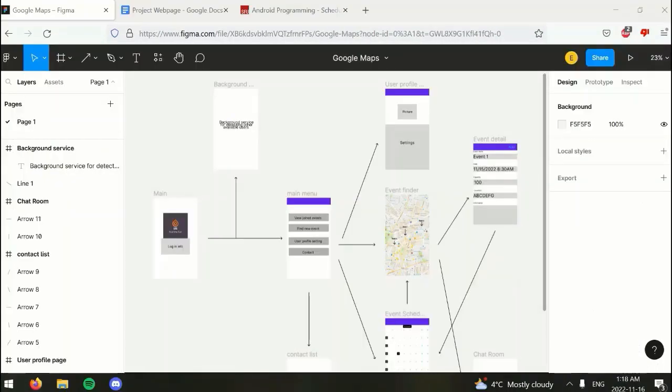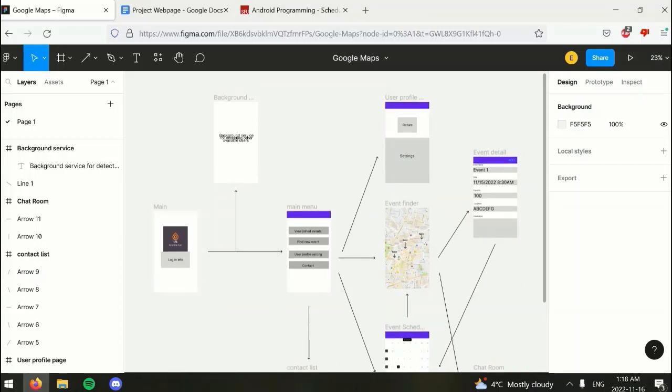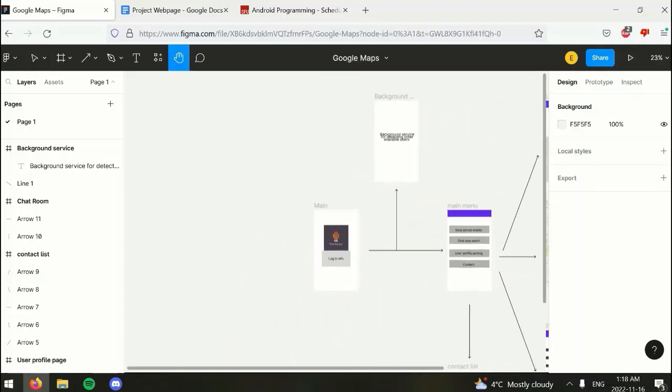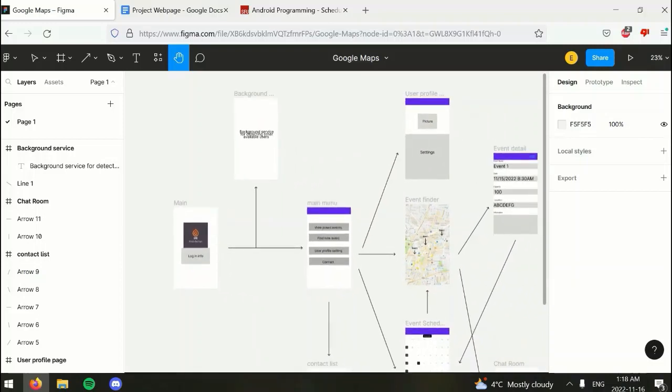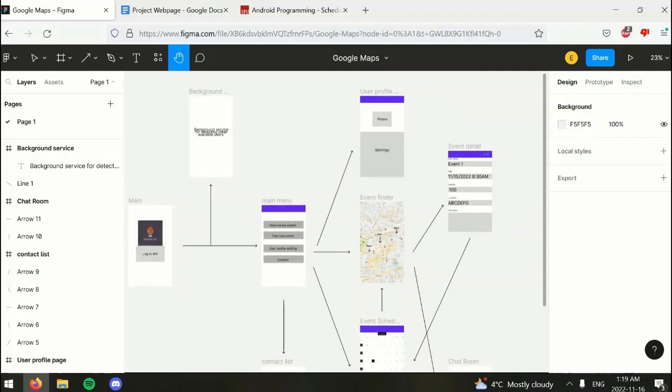So here is our mocked up UI design map we have right now. In the beginning of the app, the user will be prompted to log in, and then they will be brought to the main menu, and they will also trigger a background service that keeps track of nearby devices that have the same app. We'll try to calculate if this number of apps is good enough to form an activity, and might suggest that the user start a new event with the users who share the same interest, based on the number.